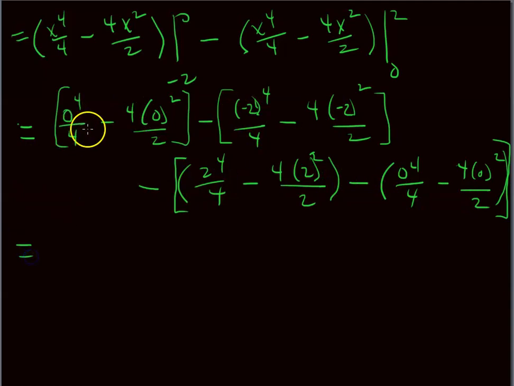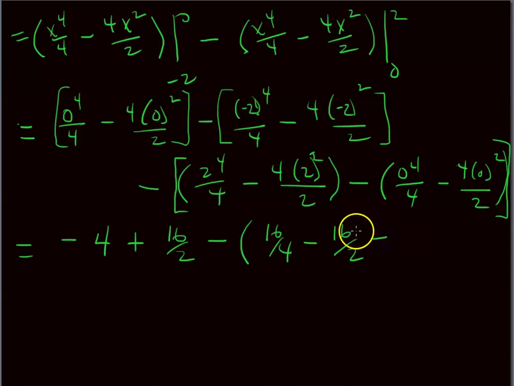So these become 0. We can forget them. We have a negative. Negative 2 to the 4th is positive 16 over 4 is 4. So we're subtracting 4. Negative 2 squared is 4 times 4 is 16. So this negative, and that makes it a positive 16 halves. Minus, got to be careful with these. 2 to the 4th is 16 over 4. Minus 2 squared is 4 times 4 is 16 over 2. Minus,